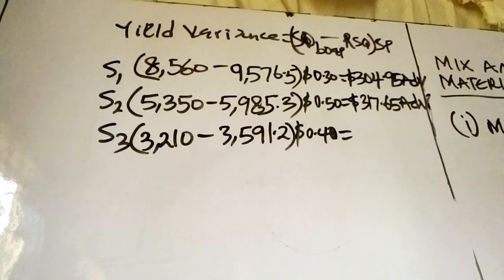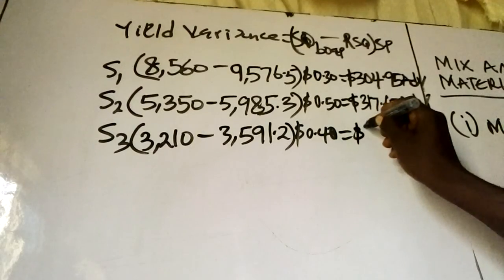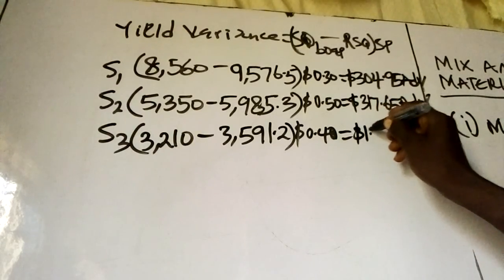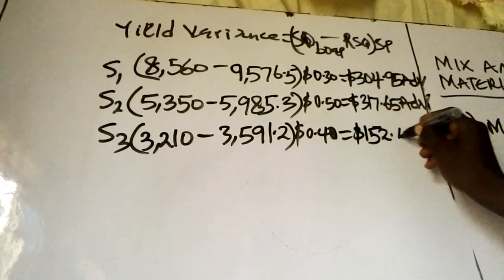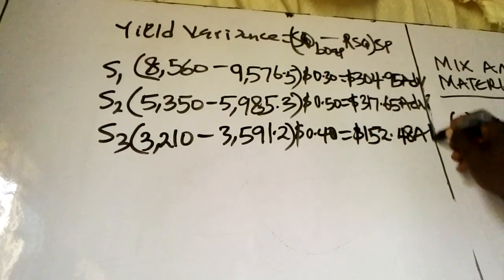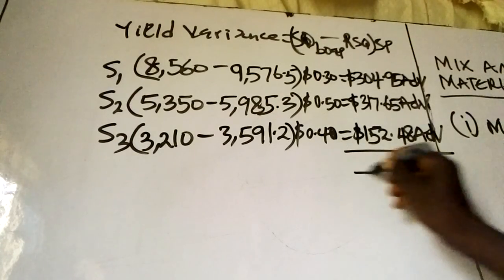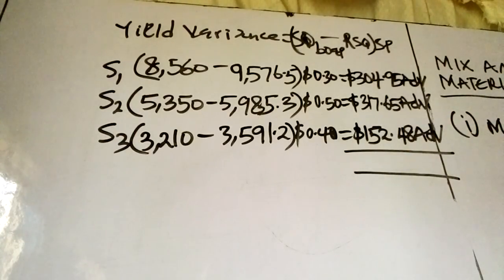That will give us 152.48 adverse. So when you sum up the whole of the adverse variances, then we have